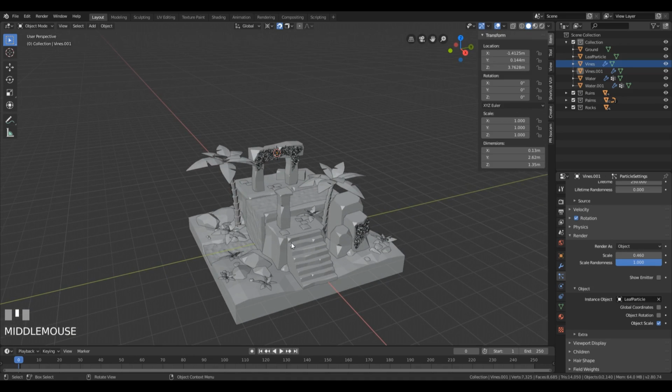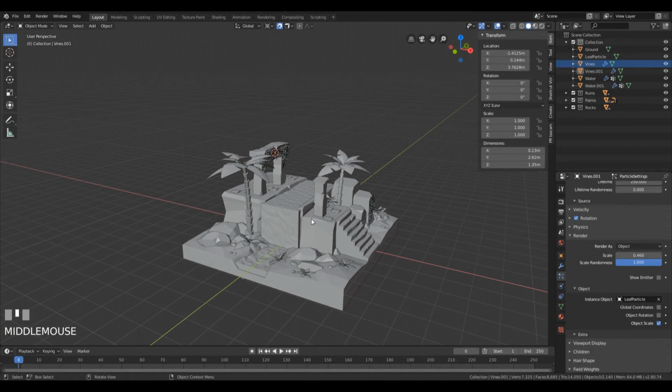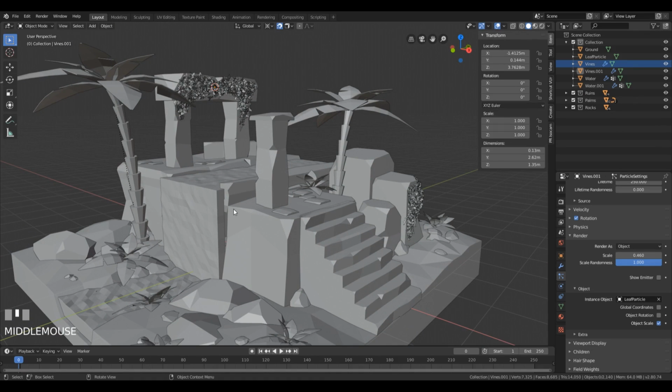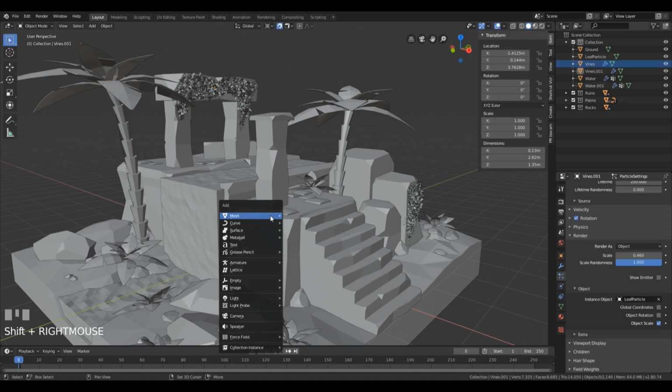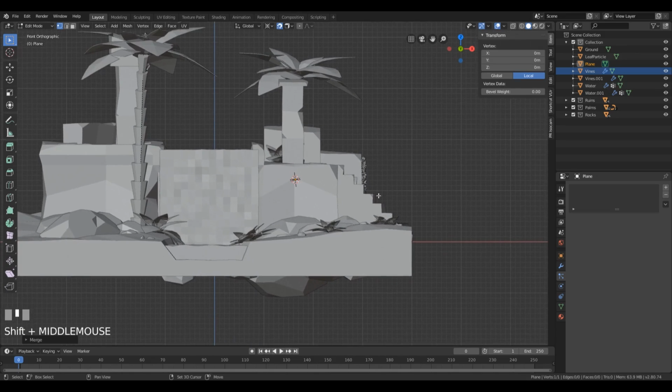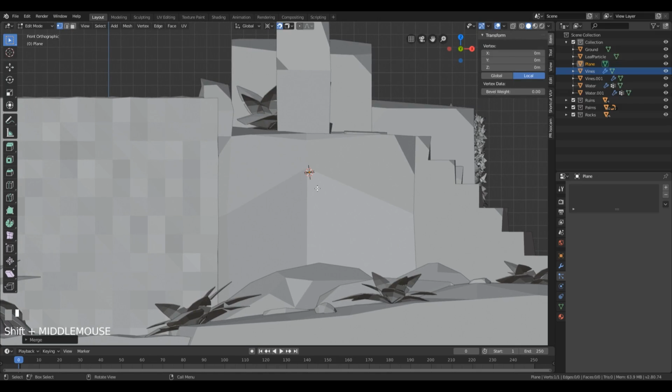So right now the only thing that remains is to add one more, and I wanted to have some vines here as well in the front of the scene to fill a little bit of that empty space. So let's click here by holding shift and clicking with the right mouse button and move the cursor there. We can shift A to add a new plane, and this will be completely the same. So let's merge that at center. Let's look from the front. The snapping is active, and right now I will just create this geometry really quick